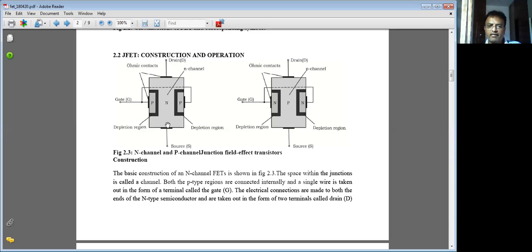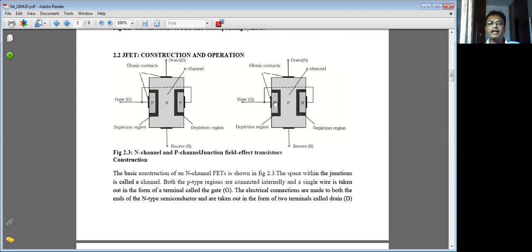In the N channel, there will always be gate regions of the opposite type on either side. So the N channel and P gates are there. They are internally shorted. To take out a lead, we always need an ohmic contact, or a metallic contact. Then how to write a P-type region? Always understand only the N-type region. Don't work out the P-type region.